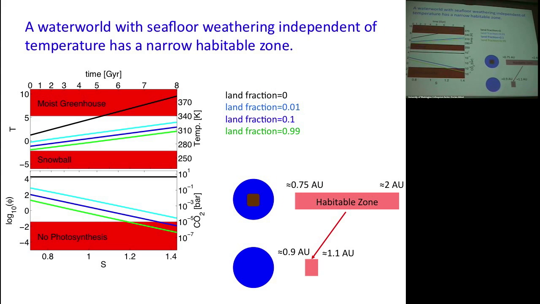Now, if we plot on top of that a planet where we set the land fraction to 0, and you can no longer do any land weathering, you get a much more rapid increase into the moist greenhouse. And the reason is, this is what I was describing before, the CO2 just builds up until it's high enough to balance the outgassing, so that the weathering gets high enough to balance the outgassing, and sticks at that high value. In this case, it's like 6 bars or 7 bars of CO2. And so you just rapidly go into the moist greenhouse state. And so what that means is you get a much narrower habitable zone.